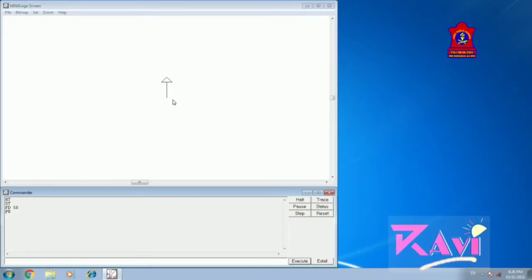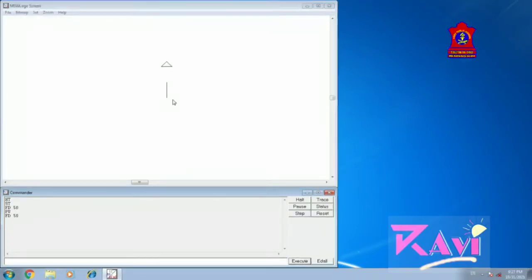So fd space 50, enter, and see, the turtle has moved forward but without drawing a line. So here you have learned that when we use the pu command, that is the pen up command, it takes the pen off the screen and does not draw any line while performing commands on the screen.